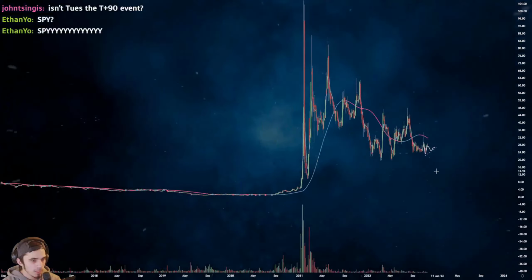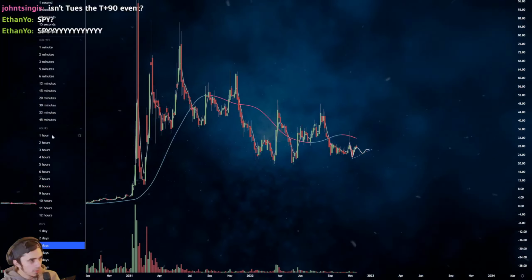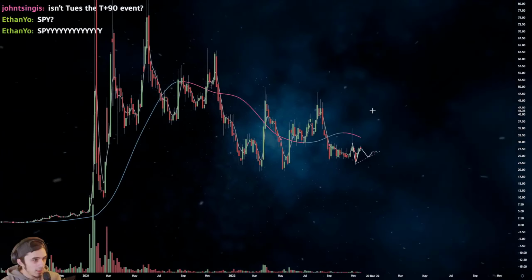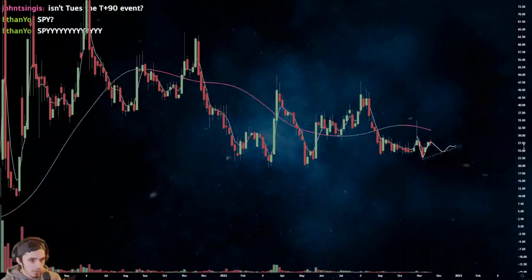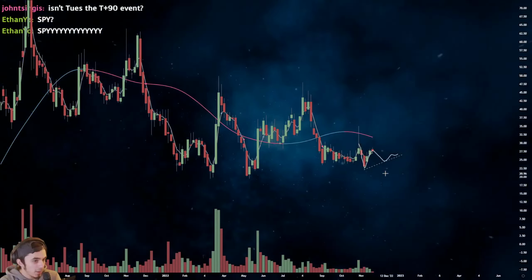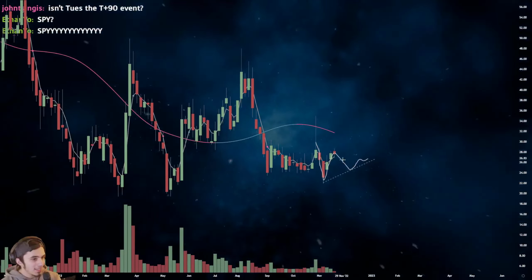I already had some of these, so I talked about GME last week. We're on the 3-day here, and it actually looks pretty good on the 3-day. Okay, so the 3-day chart, I guess we can stay on here. What I was expecting for GME, and so far it is playing out, is a wedge. So I think with this next